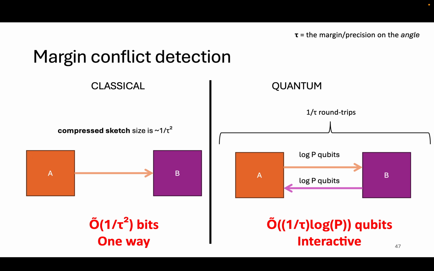So we suddenly reduce the classical communication to 1 divided by the precision, instead of the precision to the power of 2 times log p. So we've reduced the amount of total information that we need to transmit to each other, and this could intuitively come with a cost of time, but not necessarily, in the sense that there's no reason to believe that playing around with these round trips, especially at scale, where this advantage in the amount of information we're sending could be very visible, would take more time than just sending a lot of different batches of this compressed sketch one way.